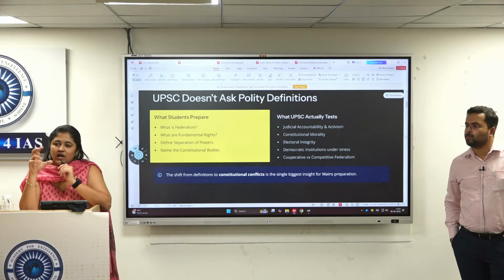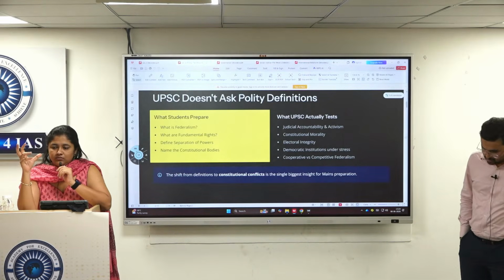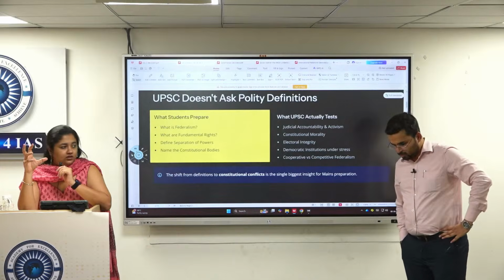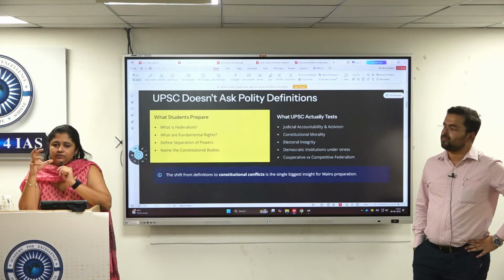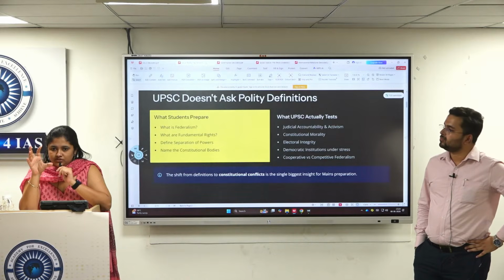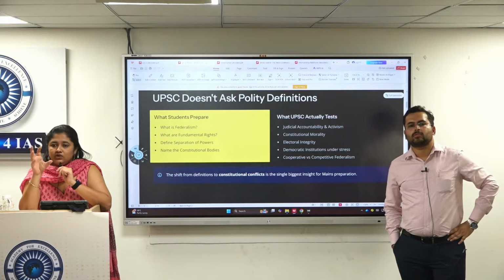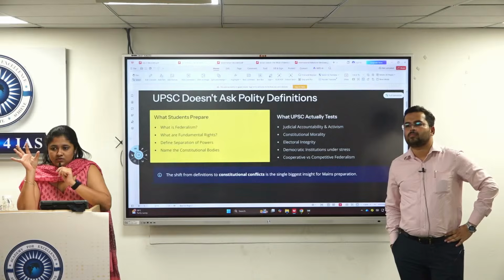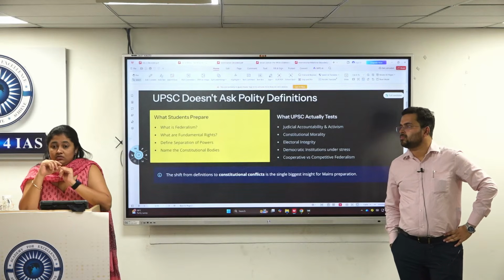Then you will also have a compendium of basic cases. For example, Keshavananda Bharati, Puttaswamy judgment, Minerva Mills, SR Bommai, IR Coelho. For example, if there is an ordinance question, you will write Article 123. There is no way you can finish an ordinance question without writing the DC Wadhwa case. So all these trigger points or